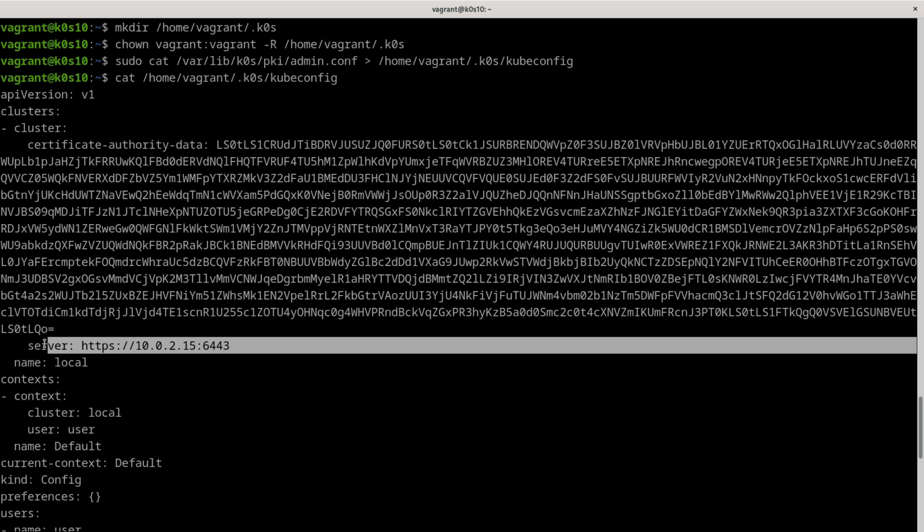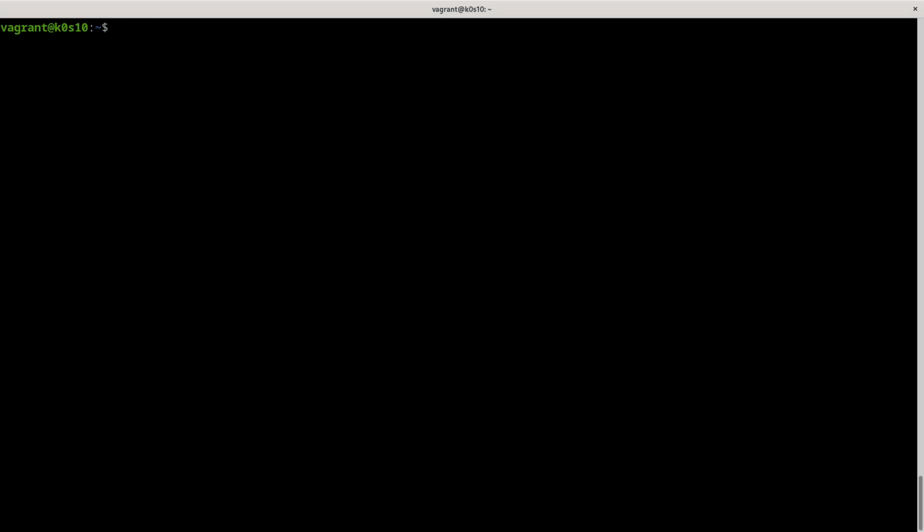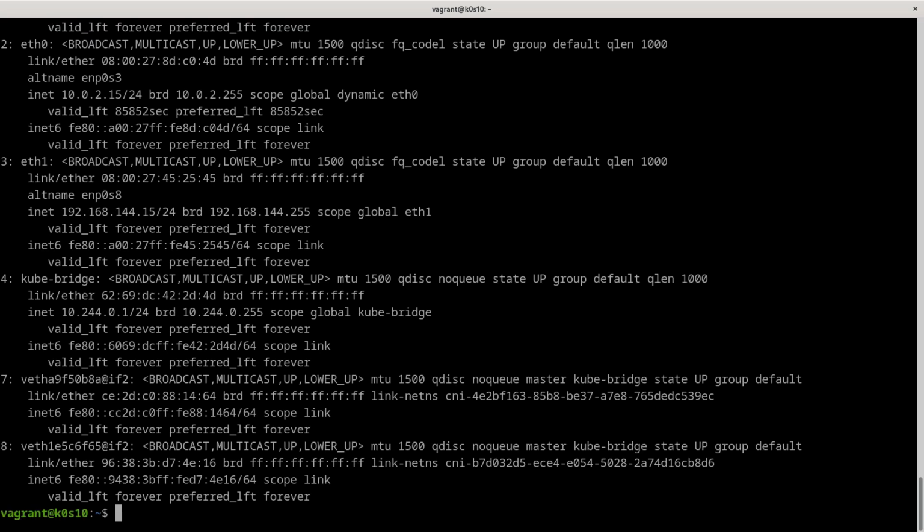And our Kubernetes cluster answers us on this IP, which is the IP of Vagrant. It's a bad idea to use this IP, because if you have many nodes deployed with Vagrant, this IP is the same for each node, so it's better to use the own IP of your server, like here.